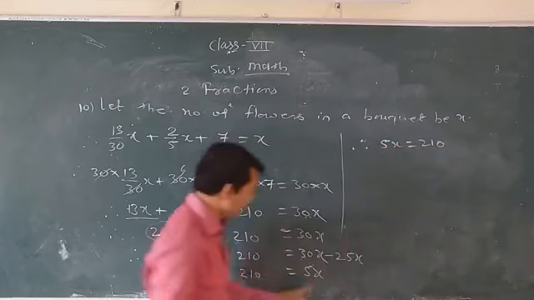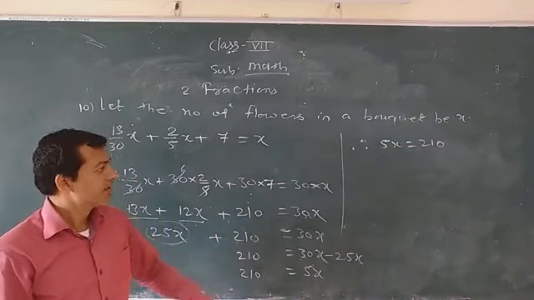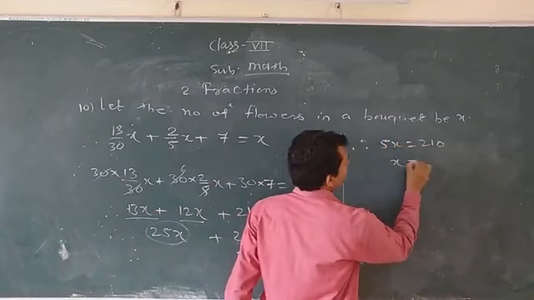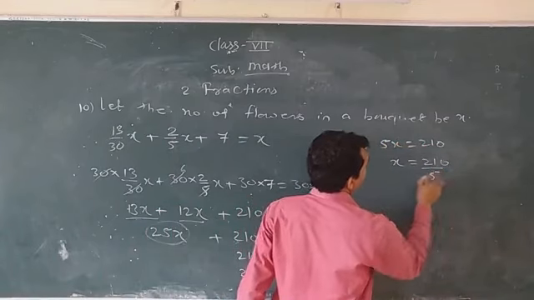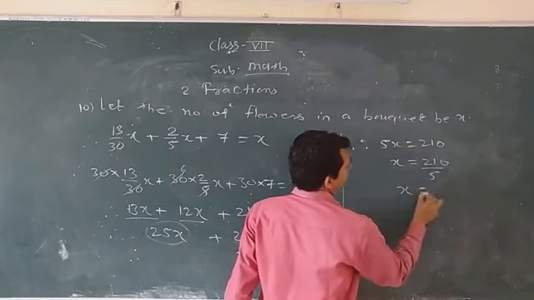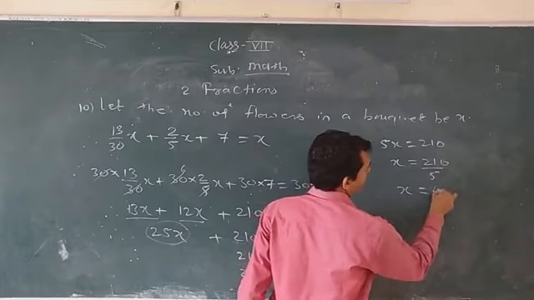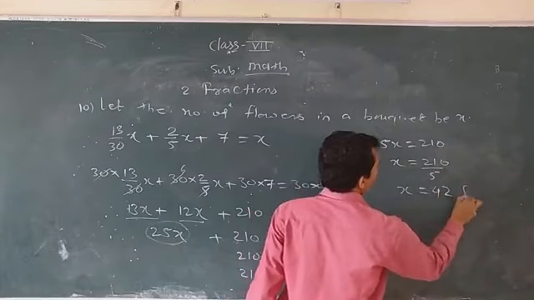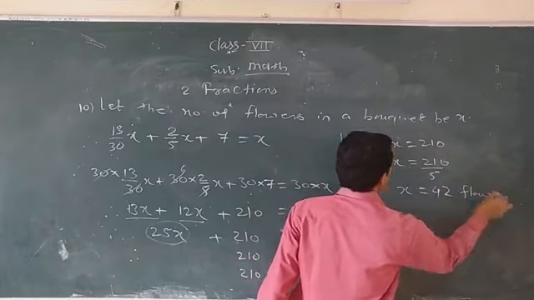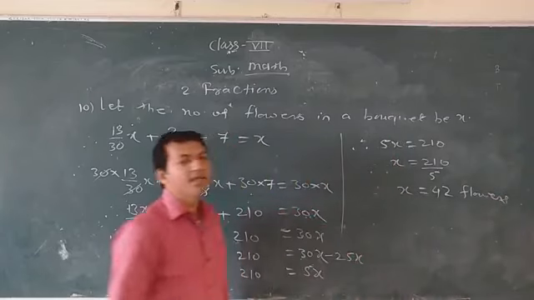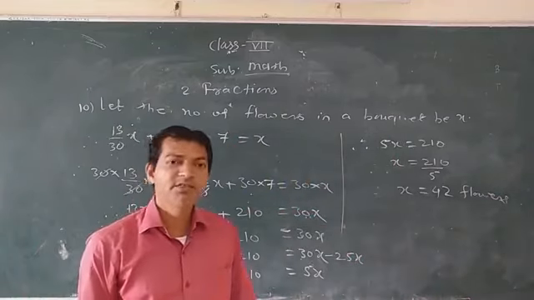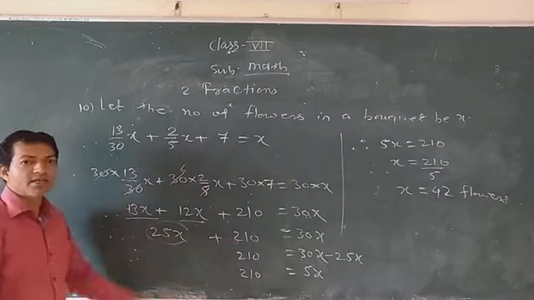Okay, so you can write here, therefore 5x is equal to 210. Can you write like this? 5x is equal to 210. So x will be equal to 210 divided by 5. So what do you get? 5 4s are 20, 5 2s are 10. Means this many flowers. Okay, so the total number of flowers is how many? 42. In this way you can find it. Okay, understood? Write down.